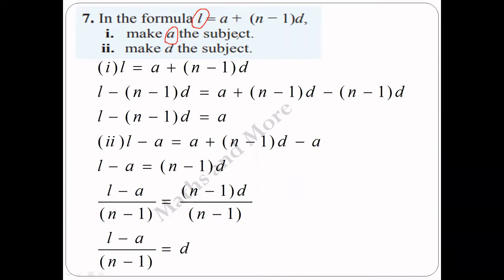Before making A the subject, you have to think about what are the other terms with A. Here A is in the right hand side. With A, there is another term. In the right hand side, there are two terms. One term is A. The other term is this one. That is somewhat bigger because that is a combined term. How many terms in the right hand side?